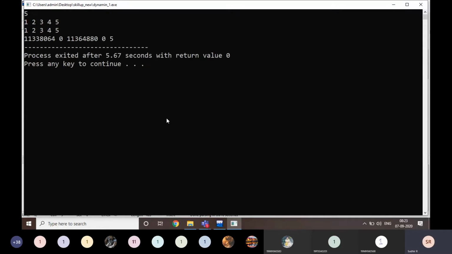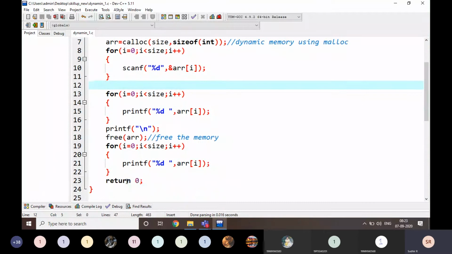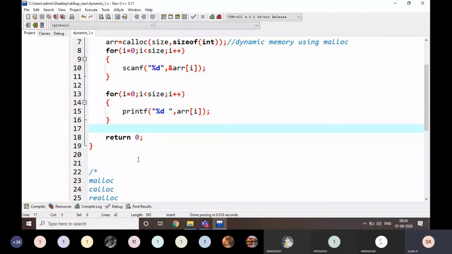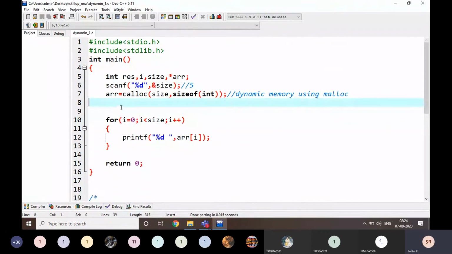If I execute it, it's going to be 5, then 1, 2, 3, 4 and 5. If I print, everything is the same, okay? And I am going to show the difference. Just wait. I am not reading anything.